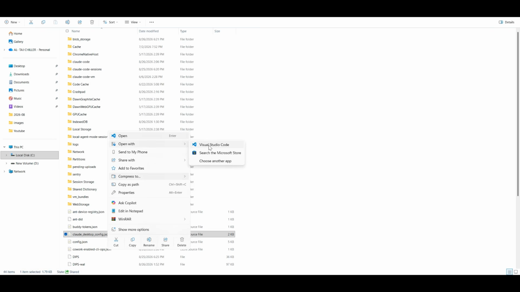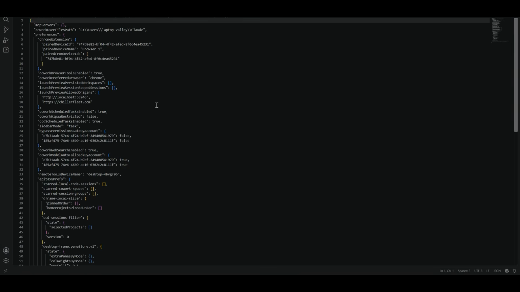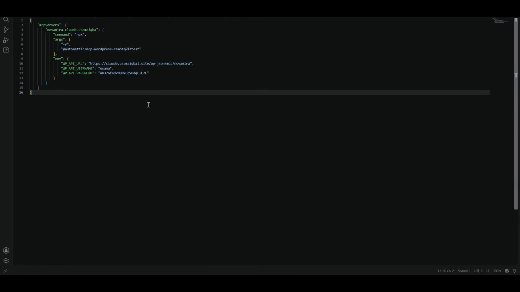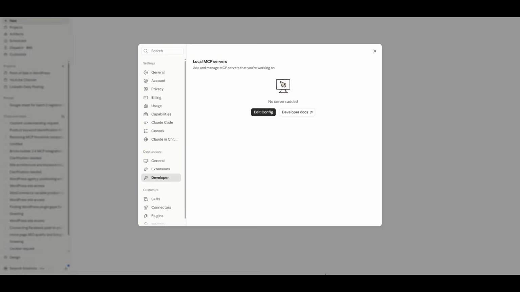Open it with any editor. I will open it with Claude VS Code. Okay, simply remove all the existing things and paste the code you copied. Okay, and save. Okay, now close this and close your